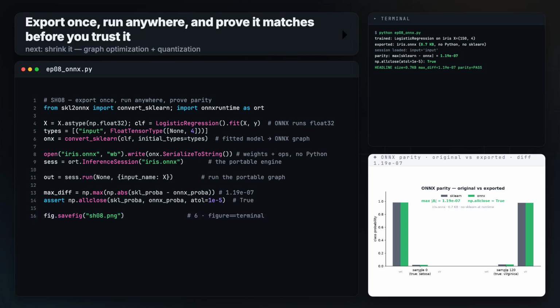Export once, run anywhere, and prove it matches before you trust it. Next episode, we take that same .onnx file and make it fly, graph optimization and quantization to shrink and speed it up,